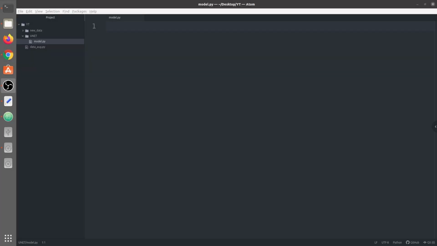Now we will start building the UNet architecture in the PyTorch framework. First of all, we will import all the required libraries. Next, we'll start building the convolution block. A convolution block basically consists of a convolution layer, then a ReLU, then again a convolution layer, and then a ReLU, as specified in the original UNet paper. But with the introduction of batch normalization, we would introduce batch normalization in between the convolution layer and the ReLU layer. So let's start building that convolution block. First of all is the name of the convolution block.